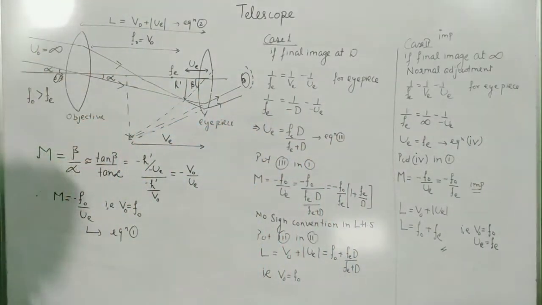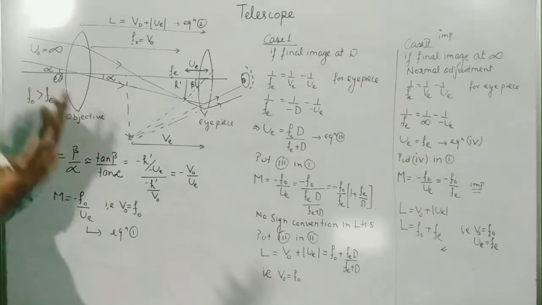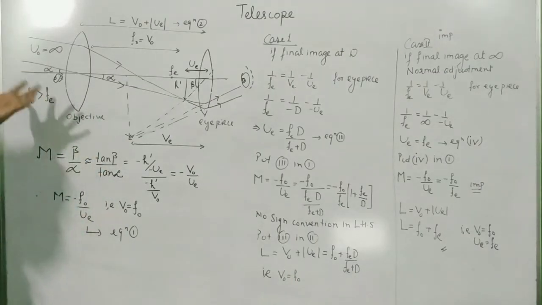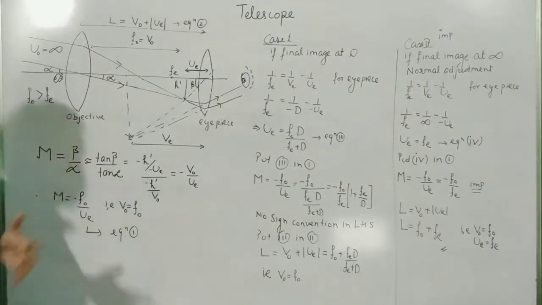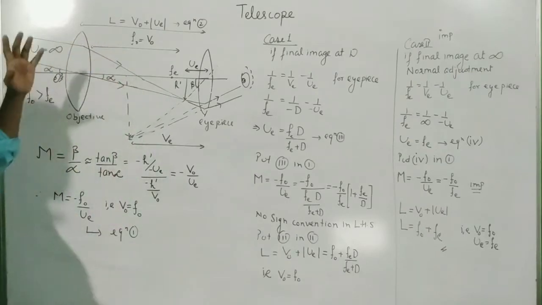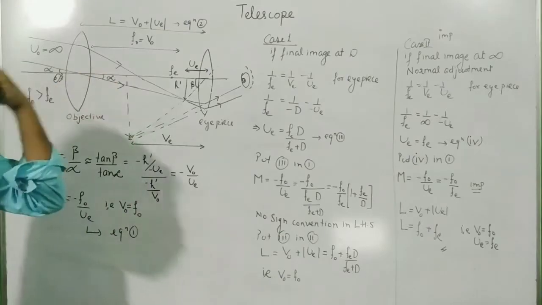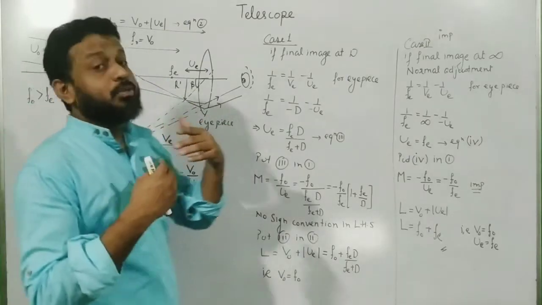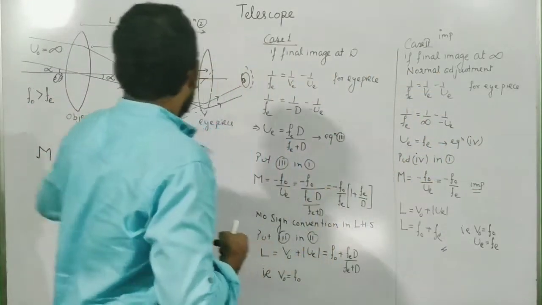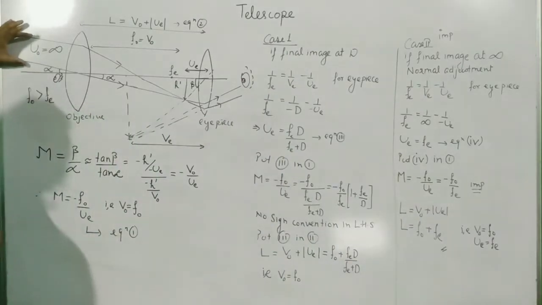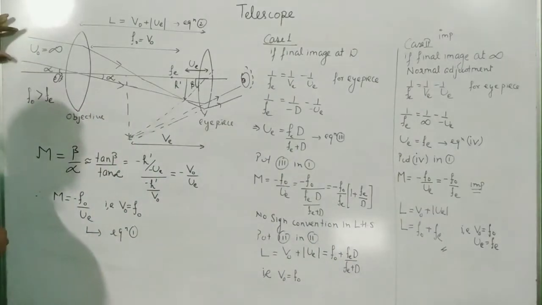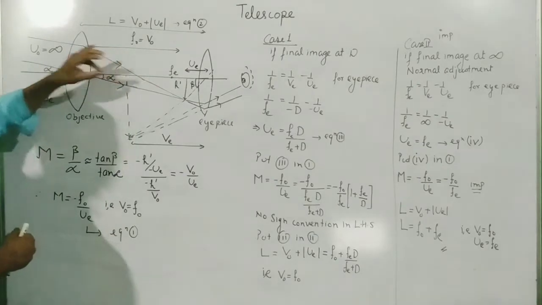But here, in order to solve numericals, we need to understand how these formulas are derived. What exactly is happening inside the telescope? So let us try to understand this. Now the whole idea of the telescope is that the ray has to travel from infinity, because the intention of the telescope is to see far objects. So we have to imagine that the rays are traveling from infinite distance.